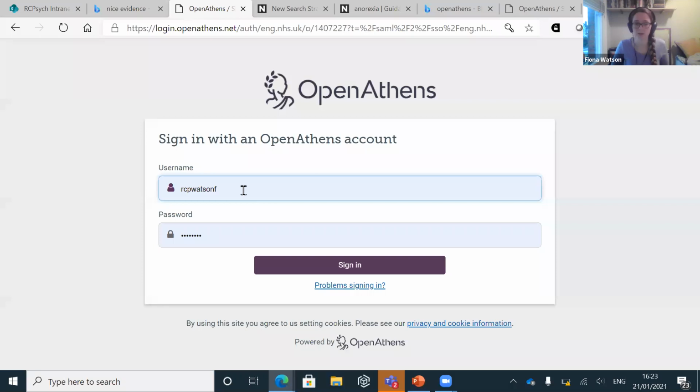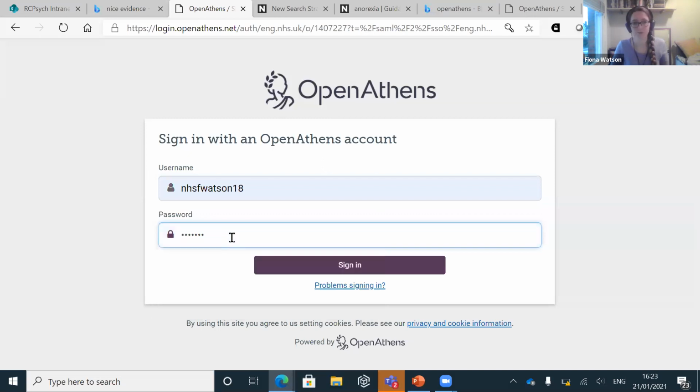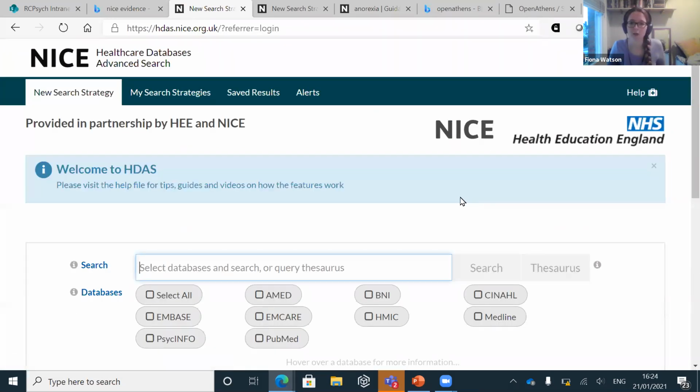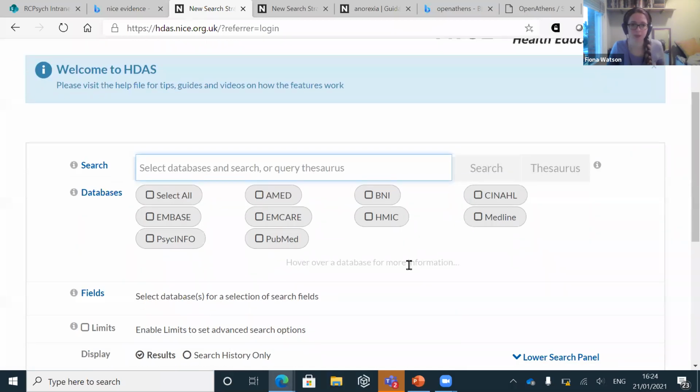If you have both, you can tell the difference because mine will start with RCP and your NHS one will start with NHS. So now you're logged in, you can see a lot more databases. There's nine, I think, for the NHS, and you can see what they are if you hover over.